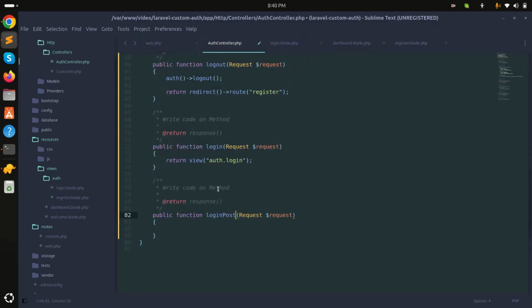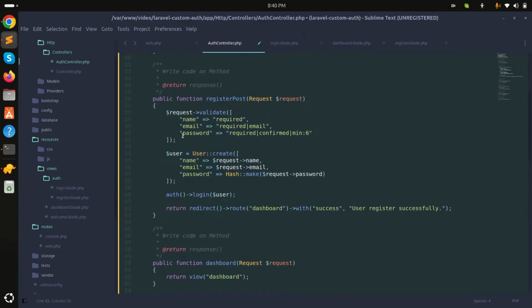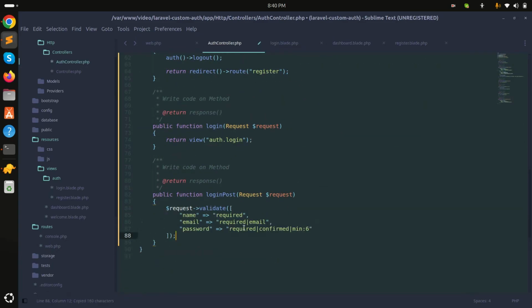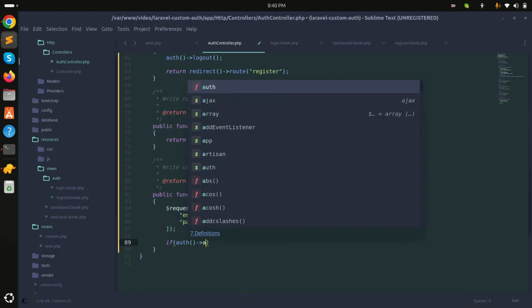Yeah. And same thing here I will use validation, so I will copy this validation over here. Yeah, and name, sorry, password. Okay, and this is only required. Okay, so remove this one. So that means email and password are compulsory. Then what I will do, I will check first. Okay, so I will say if, and I will use the auth helper, and there is an attempt method. Okay, so I will use